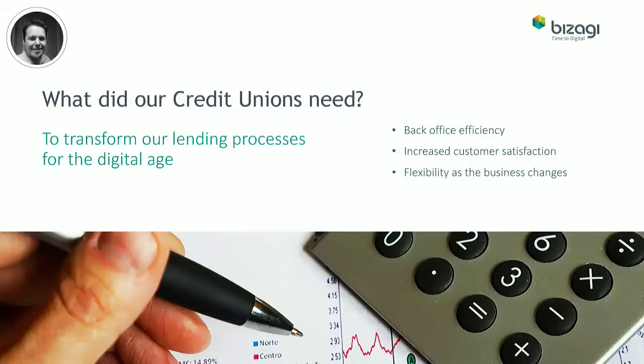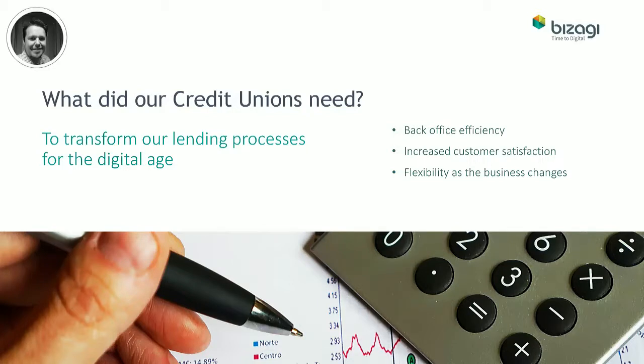So we posed the question, what does a banking client need today? And more importantly, how does that enable a human-centered or good user experience for their end customers? We took this step before looking at the technology solution to ask our clients what success would look like for them if we were to undergo a transformation of the loans origination process for them. The good news is the answers were pretty clear and consistent.